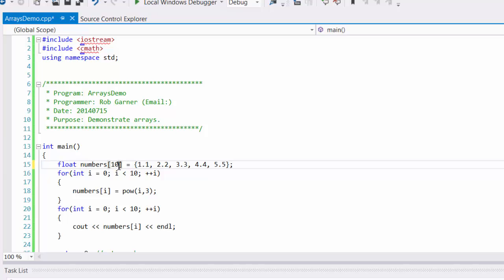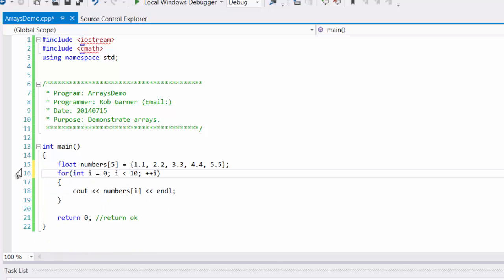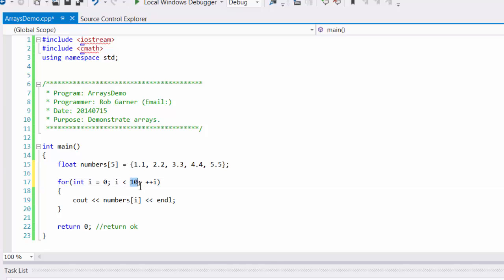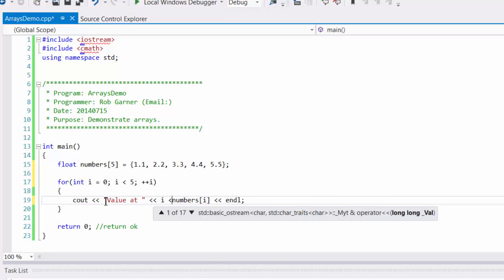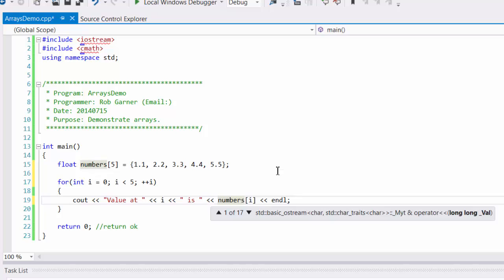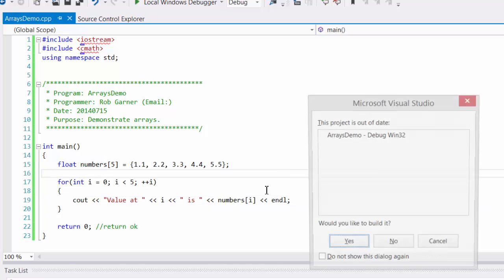And I don't want to type that much, so I'm just going to make my array 5 elements long. And we'll loop through this new numbers array and output the numbers and see what gets displayed. And just to make it more interesting, I'm going to say value at i, and if I run this one,